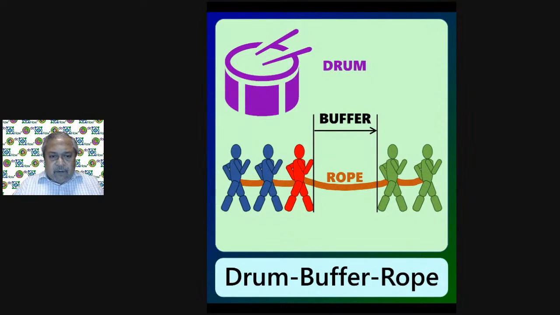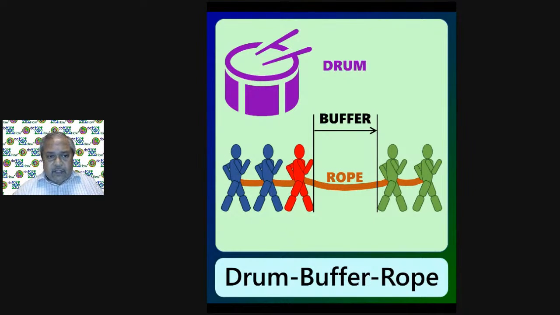And then what is the buffer? Buffer is, let us imagine that these 2 guys have a problem for whatever reason. Then this constraint can still continue walking till this point. You can give a buffer, so much buffer that is necessary for these people to again get up and walking. Let us say this guy slipped and fell down, or he had to remove a stone which got stuck between his feet and the sole of the sandals, for example. Then he had to remove the stone. Or maybe he just got an immediate telephone call and he just picked up the call, so he missed 1 step. So this guy did that, therefore this guy also stopped.